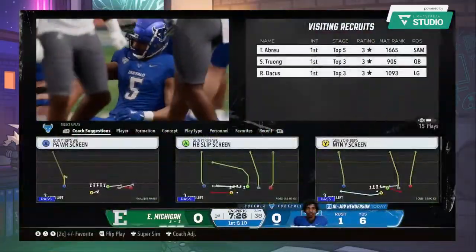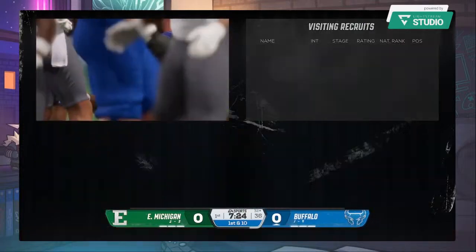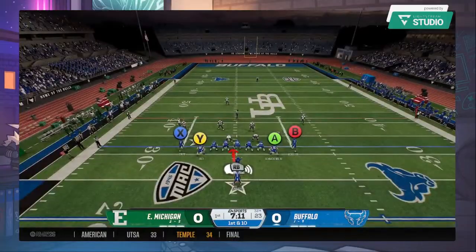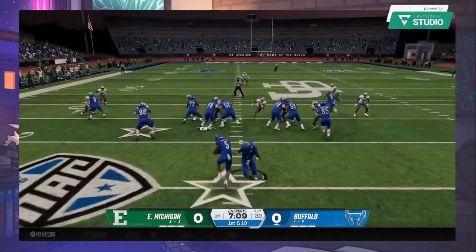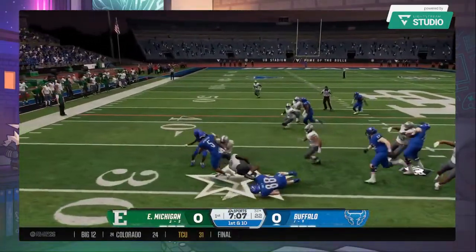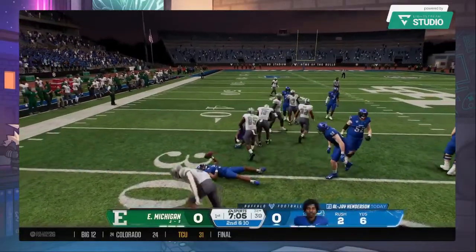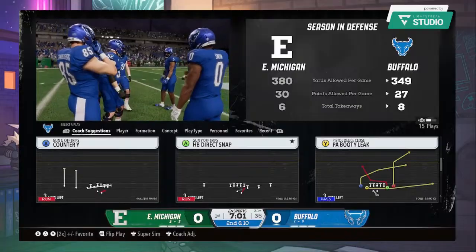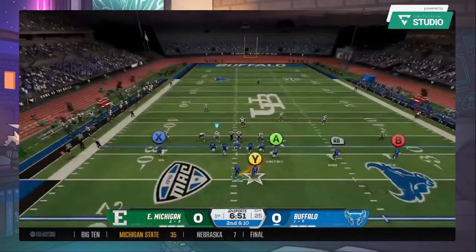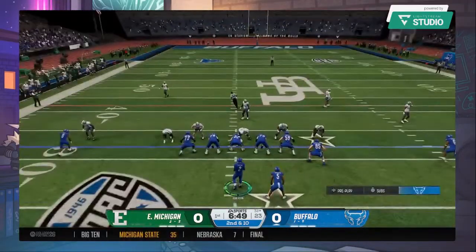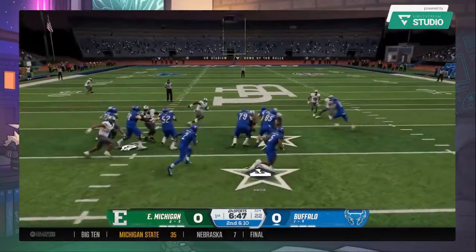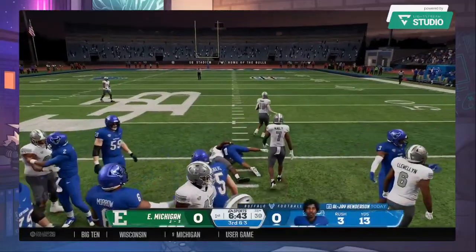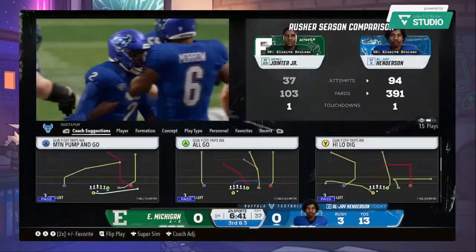Yeah, I agree. I think there were 2 big things. I think one, he was just pressing. He was trying to force the big play to happen when there were other completions to be had. So he's just got to do a better job being patient. And I think the guys around him also have to step up as well. They need to run the football. They need to get that controlled passing game going early to get into a rhythm, as you said, to help this guy get into a good headspace here early and turn the page from what happened the last time. Good pickup on the ground, and they'll mark him down at the 39.